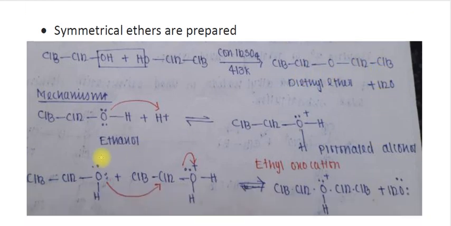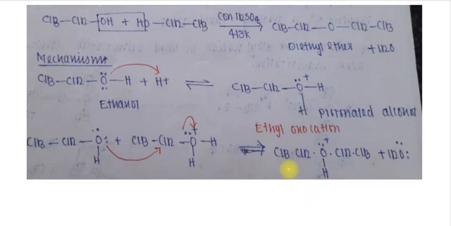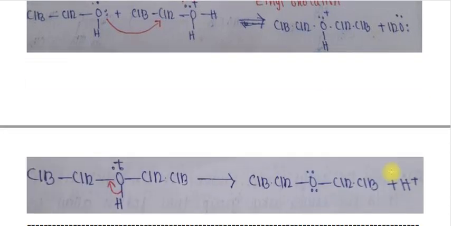The mechanism for this is given. CH3CH2OH plus H+ in the presence of an acid changes to the protonated CH3CH2OH2+, a protonated alcohol, otherwise called the ethyl oxonium ion. That ethyl oxonium ion is attacked by another ethanol. Then a shifting of electrons occurs and we get the product CH3CH2OH+CH2CH3 plus water. Okay, that is the mechanism.